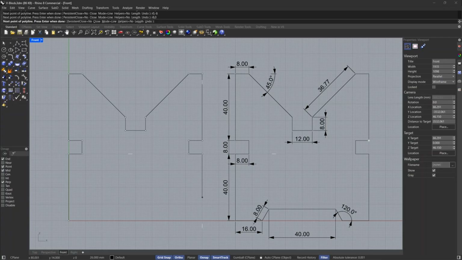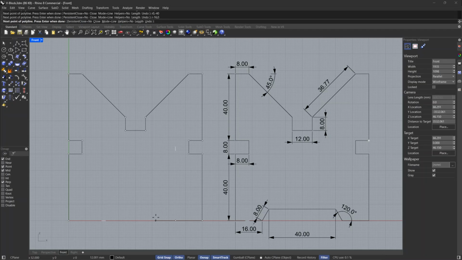For the next point, type R0, -40 and press enter. These are relative coordinates. For the next point, type R -16, 0 and press enter.